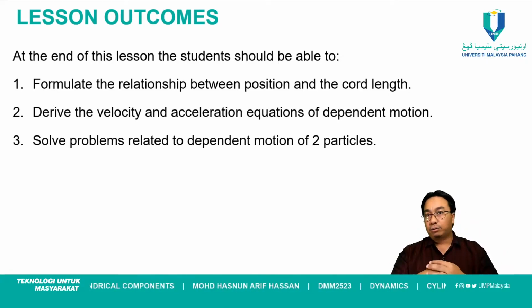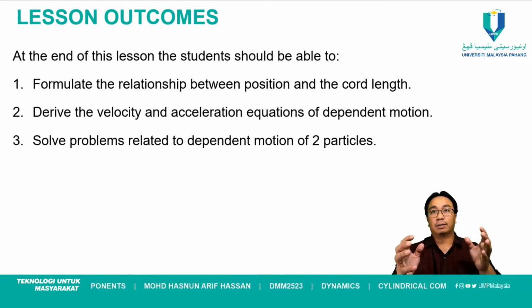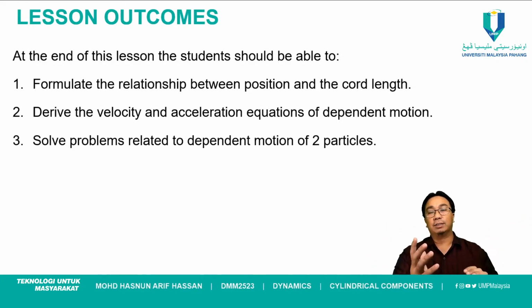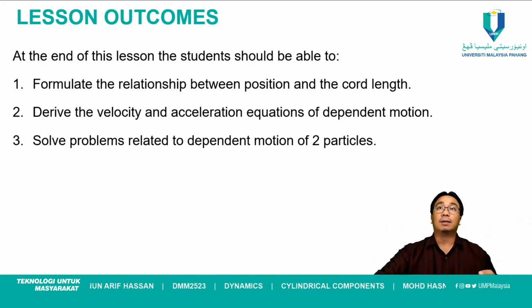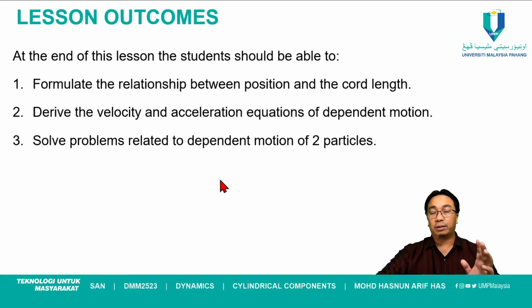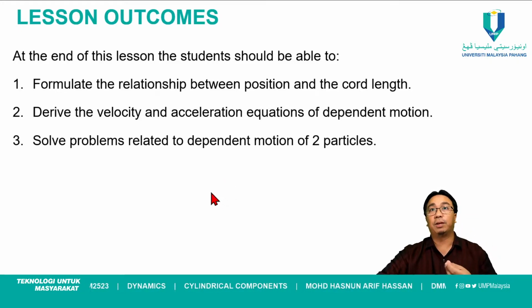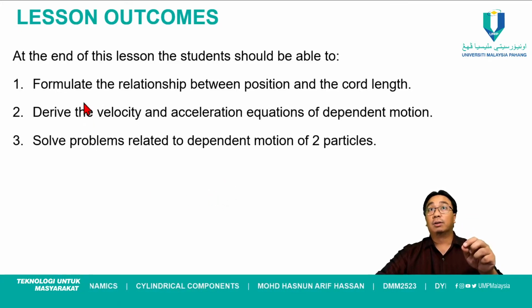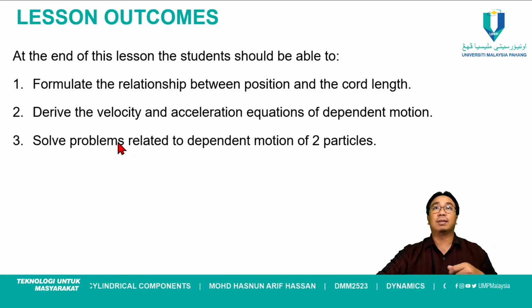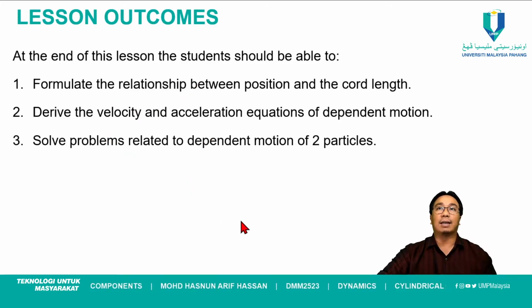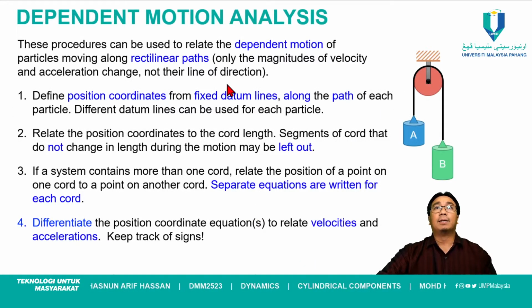There are also problems with two objects but four pulleys, for example, or three pulleys. When you face this kind of problem, you need to formulate the relationship first and then derive the velocity and acceleration equations. Okay, so